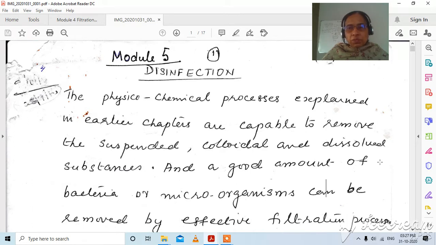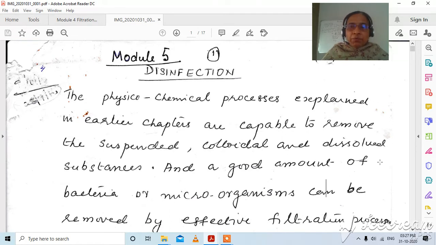or before you supply the water to the public, you have to ensure that there is no bacteriological contamination. All the physical and chemical contamination we removed by the different processes, that is sedimentation and then filtration. And sometimes we do the coagulation, sedimentation and the filtration, or by pressure filter we are removing all the impurities. So now the remaining impurity is only the biological